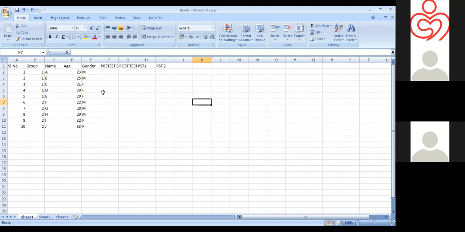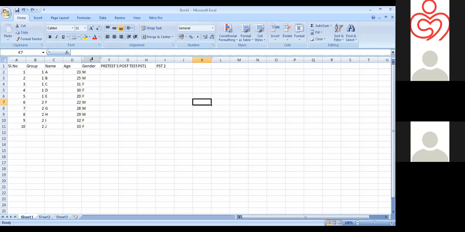And next thing, you can do coding in Excel also. That data coding, if we are entering the data for statistical analysis, it's better to enter the data with numerical codes. Then it is easier to do the analysis. Many of us may be concerned about the accuracy of the data.